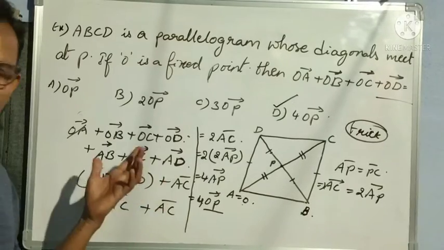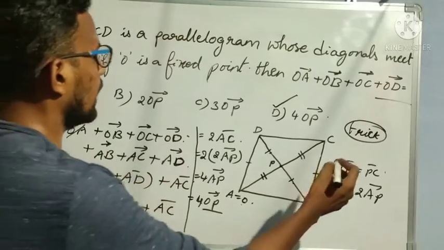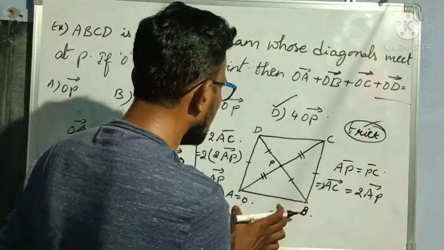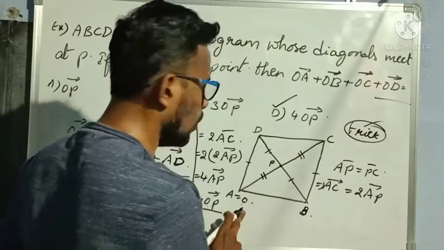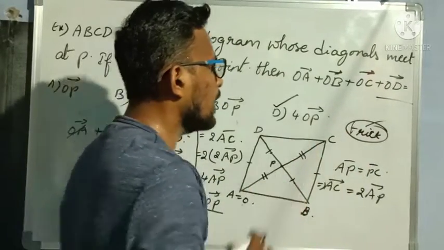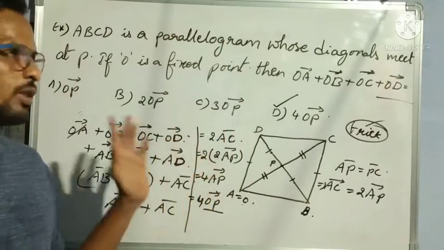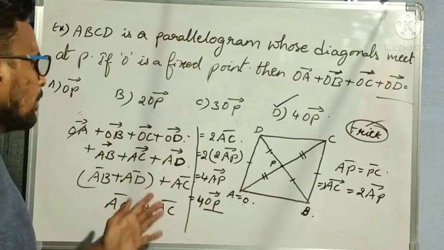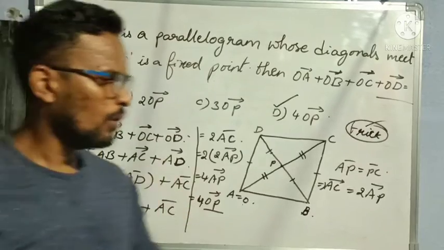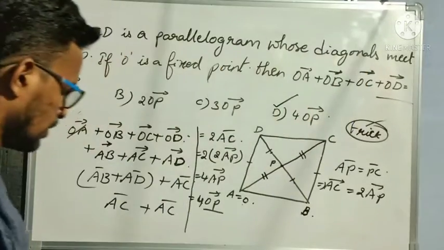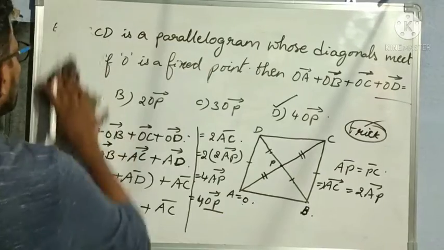So in such type of problems, what you have to do means use the trick. What is the trick? Take any of the vertices as O, and then you proceed for the answer. You will get the answer very easily. Understood? So this is my first example. I hope everybody understood my example now. Okay, good. Next, let us see one more example.